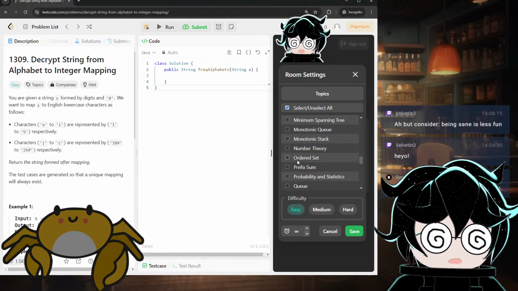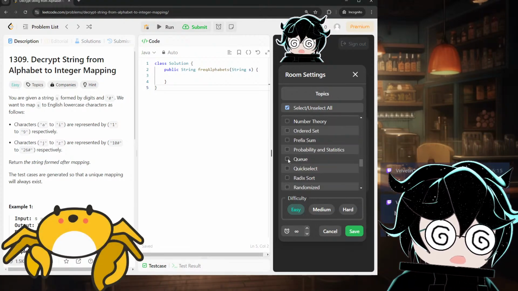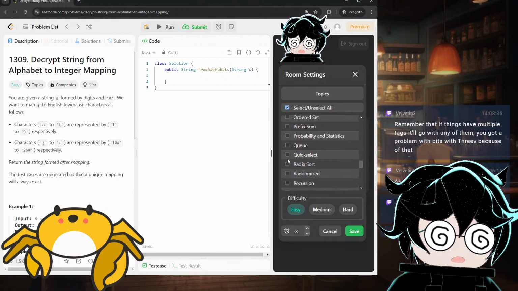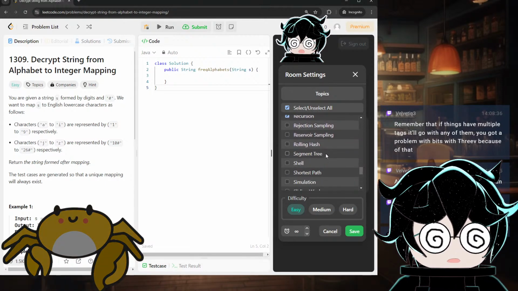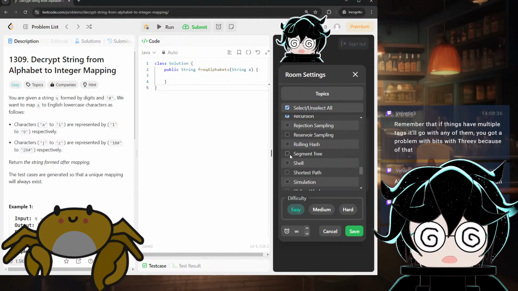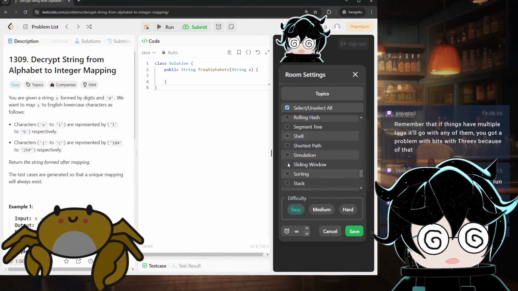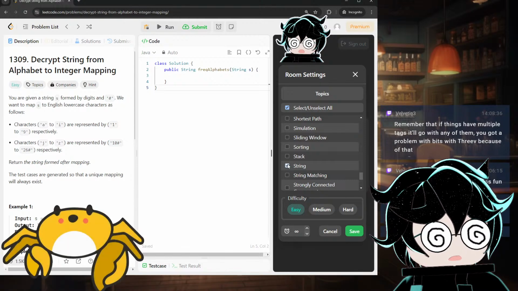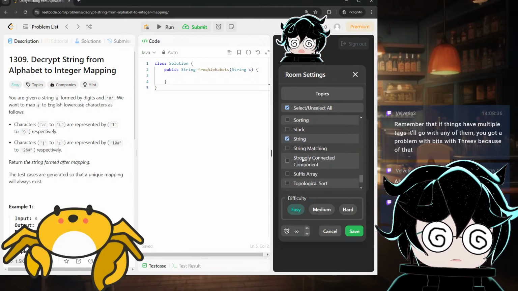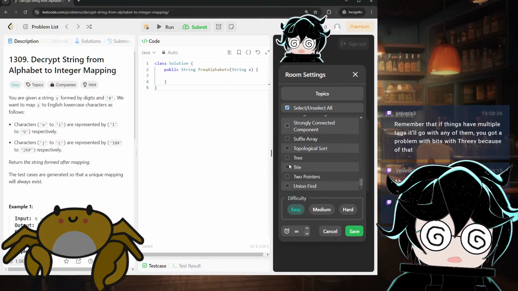Have you heard of stacks or queues? No. Okay, there's recursion, function calling itself. We are not doing shell scripting. I don't know how to do that either. You know what a string is, right? Like a word. Yeah. Okay. Two pointers.